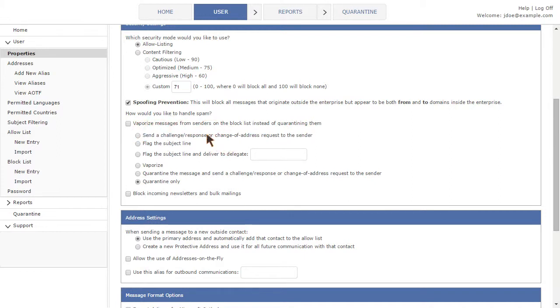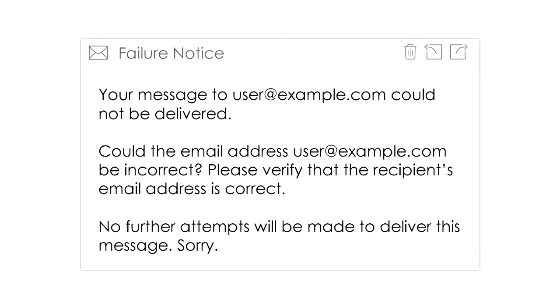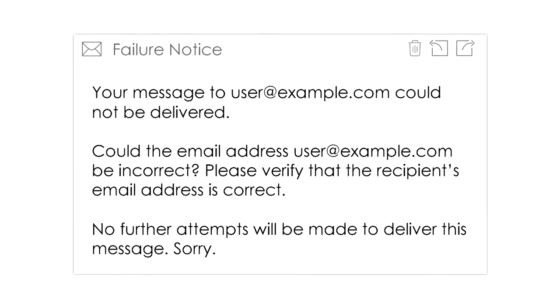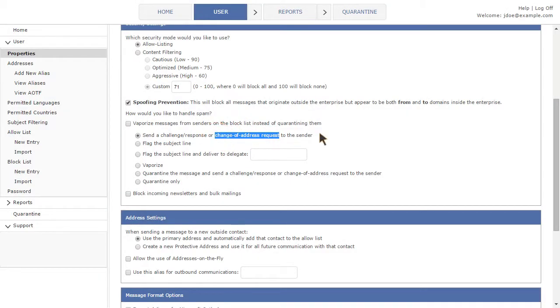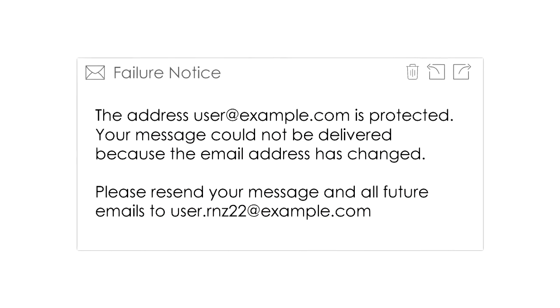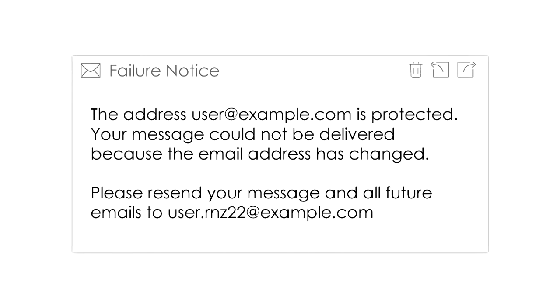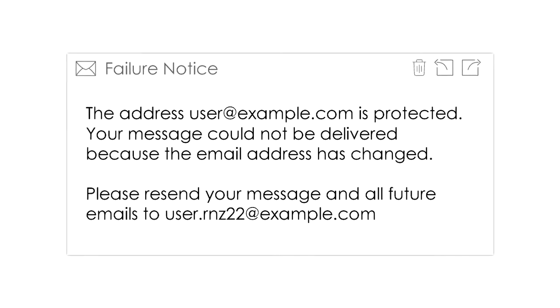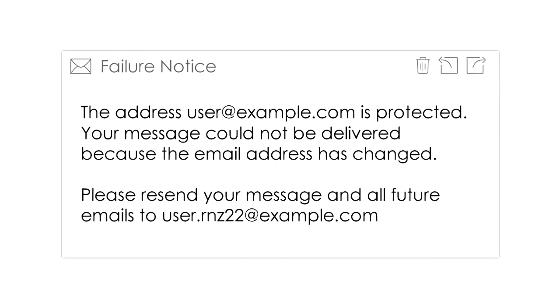on the following settings. If you've chosen Content Filtering mode, Challenge Response simply bounces messages from dubious senders, telling them that their email couldn't be delivered to you. If you've chosen Allow Listing mode, Change of Address Request returns an automated response to an unknown sender that contains a unique email address they can use to contact you moving forward. Future messages sent to this unique address will pass into your inbox, but the original message will need to be